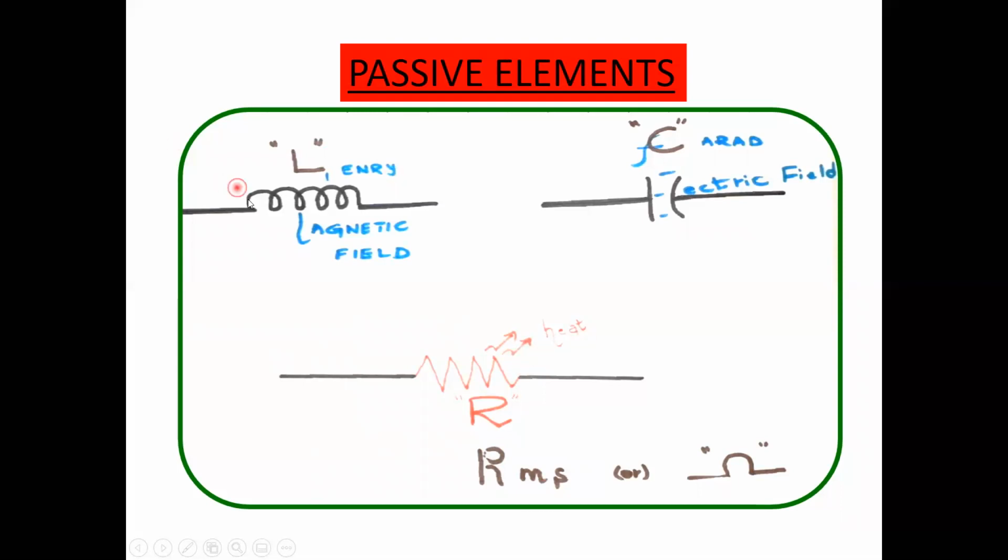Another one, the coil. It's wound like this. This one is indicated with the capital letter L, and we can store energy in a magnetic field. It stands like a magnetic field, and the units for inductance are Henry. Another one, two parallel plates separated by an insulating medium, which stores energy in an electric field or electrostatic field, and the units are farad. It is indicated with the letter C. We'll discuss these in depth in the next slides.